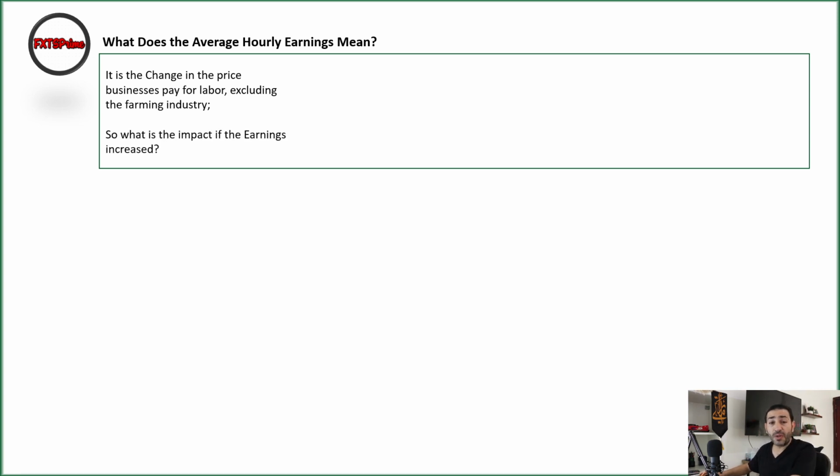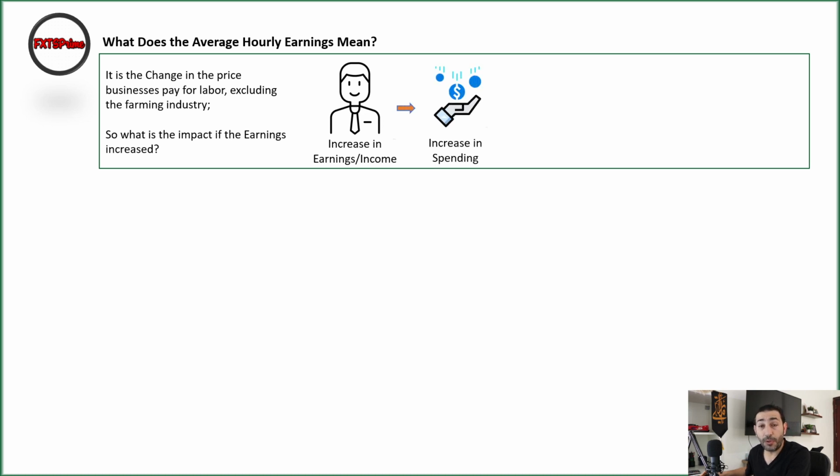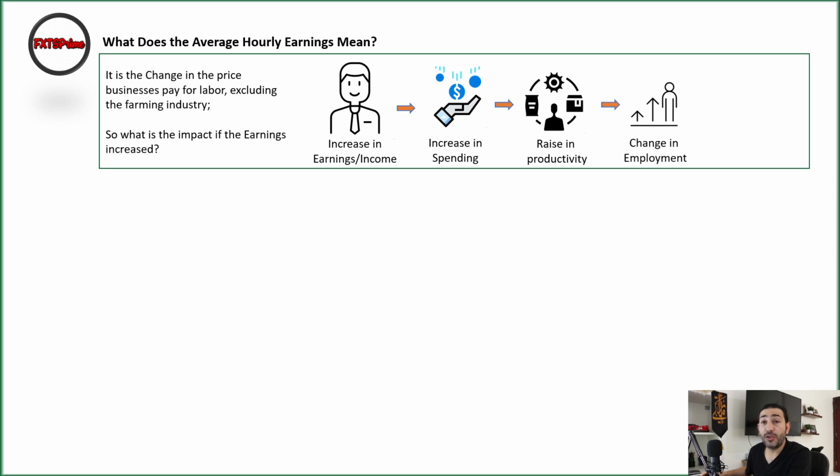So what is the impact of that indicator if the data is positive? If we increase the earnings or the income, then we are increasing the spending of these people. The moment we increase their spending, that will raise productivity, because there will be more demand for products and more spending. So the businesses have to produce more products. If I raise the productivity, then I need to employ more people, so I will have an increase in the employment rate. The moment I raise the employment, this cycle will repeat